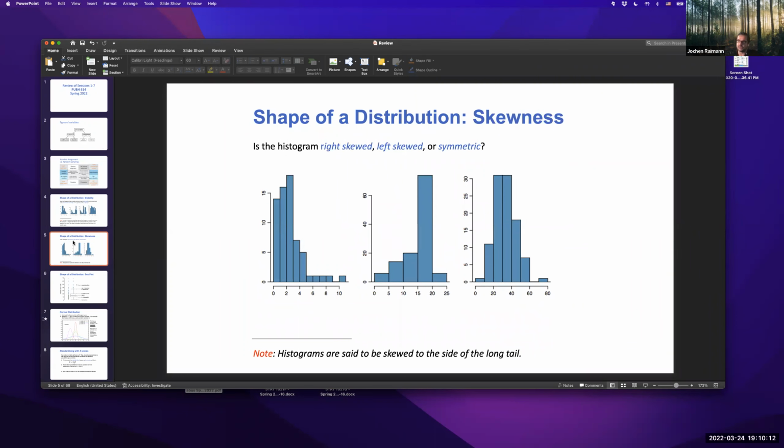Understand skewness. What does right and left skewed mean? Please don't mix it up: the tail tells the tale. The direction in which the tail points is the direction in which the distribution is skewed. So when it's right skewed, it's actually positively skewed, whereas when it's left skewed, it's actually negatively skewed.